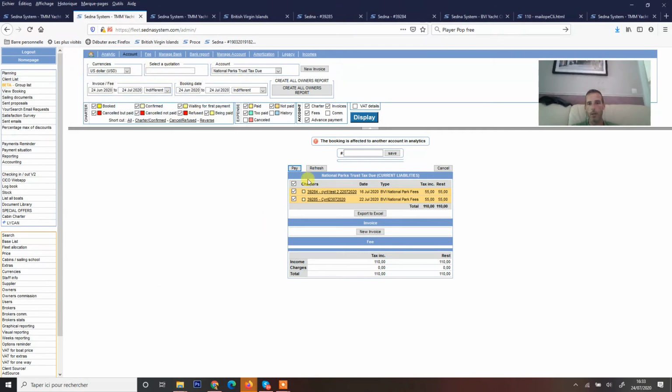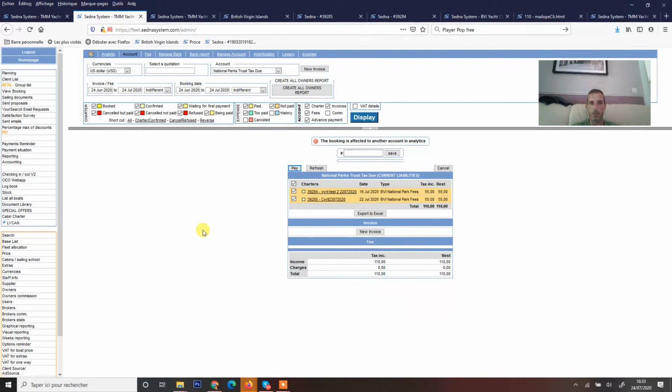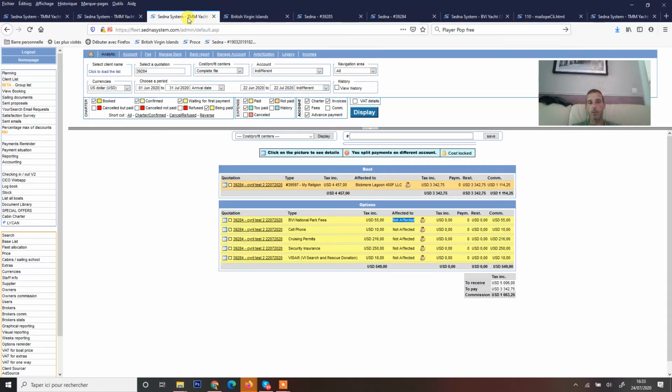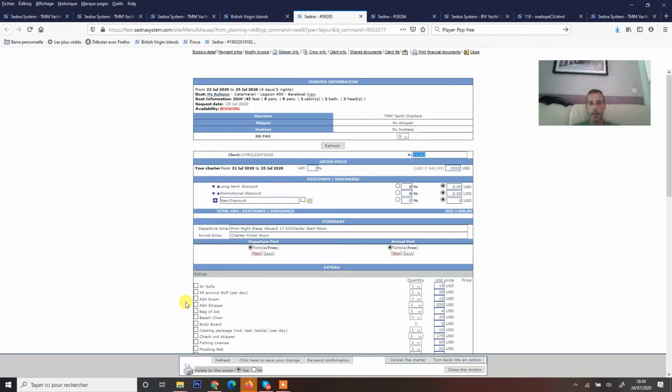It can be owner, it can be this park, it can be skipper, it can be all the other persons. I hope that you will understand and that this video helps, so if you are okay, take one booking, or create a new booking. If possible, always use my religion as a model. You can take one of these existing bookings if you want, or create a new one. And don't forget to select all the extras here.